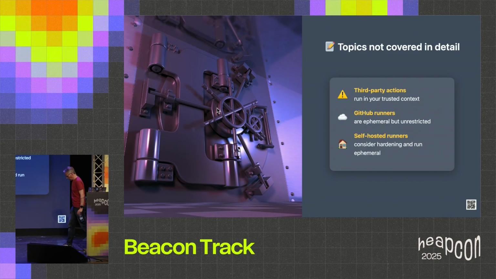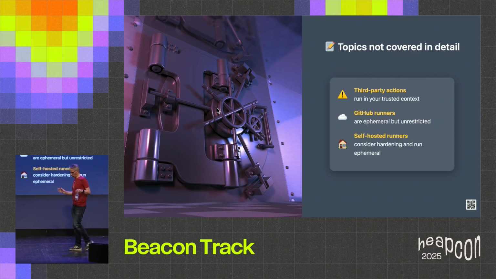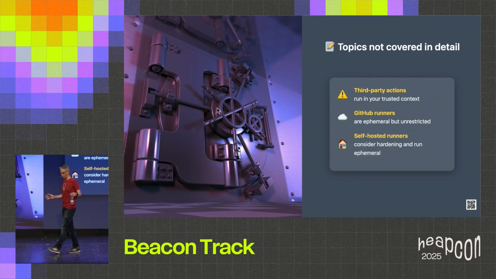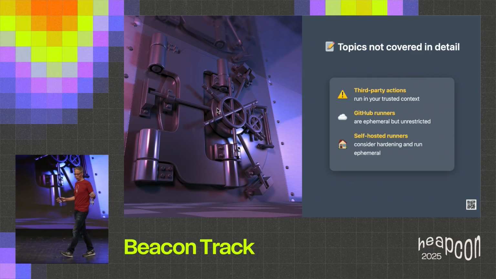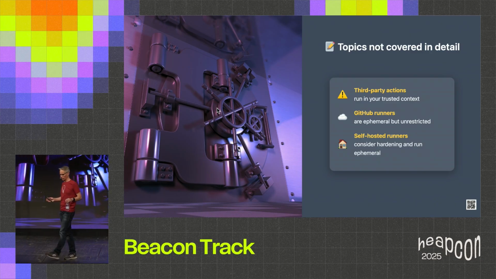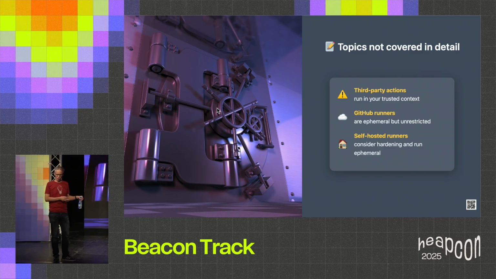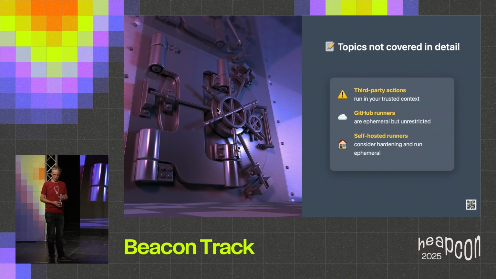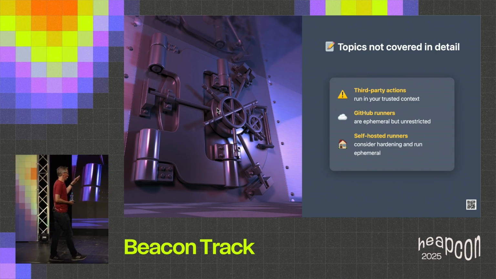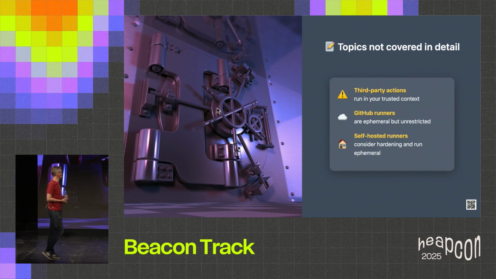Good. So I covered a lot of patterns today on things that can go wrong in your workflow, how you can simply avoid them, and how you can use tools like GitHub Advanced Security and Zizmor to protect against them. There are some topics I have not covered. So first of all,